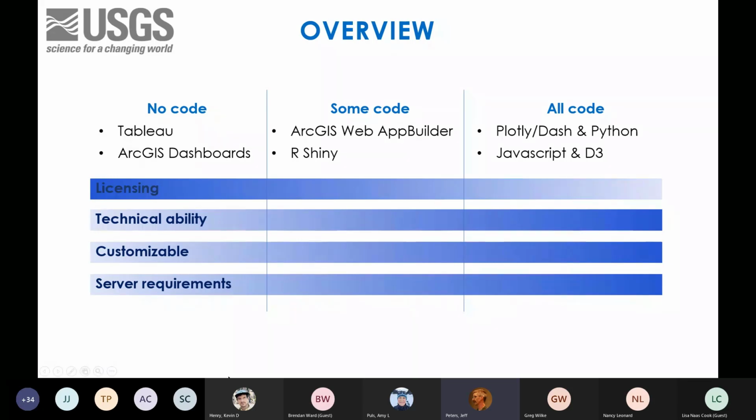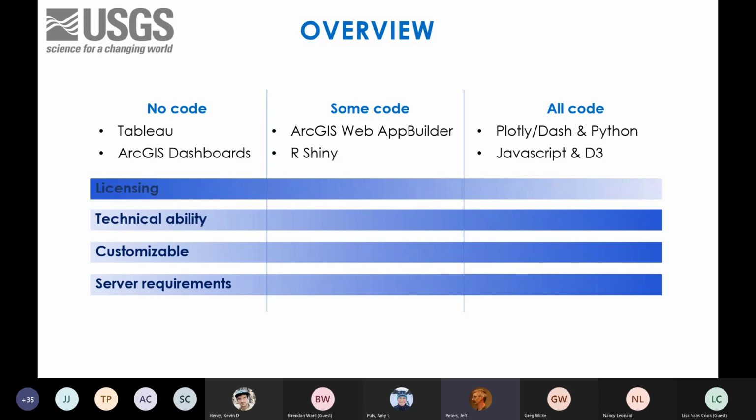And my little graphic here is just to show you the gradient of things you might consider when choosing one of these platforms. It's not cut and dry, and there is some gray area in between where you might need a license, but you may also have to serve it yourself. And I'm going to warn you all that I hear my leaf blower coming, so I'm going to shout.